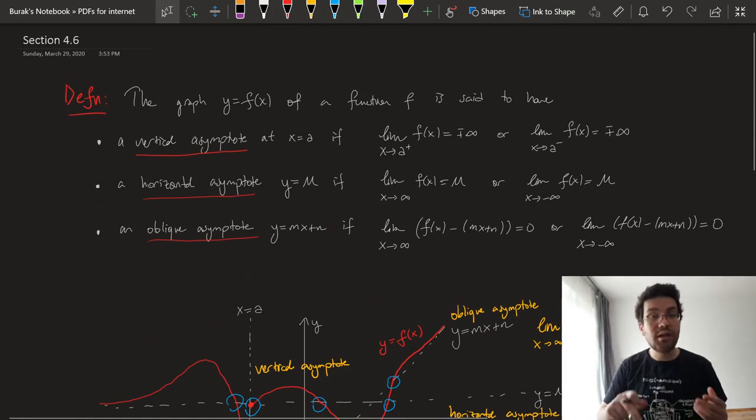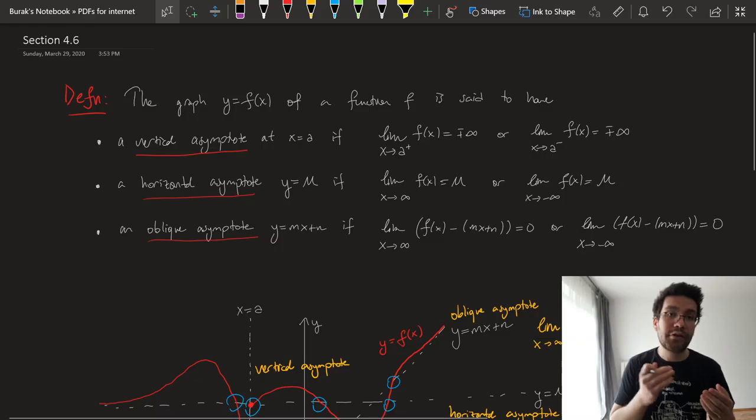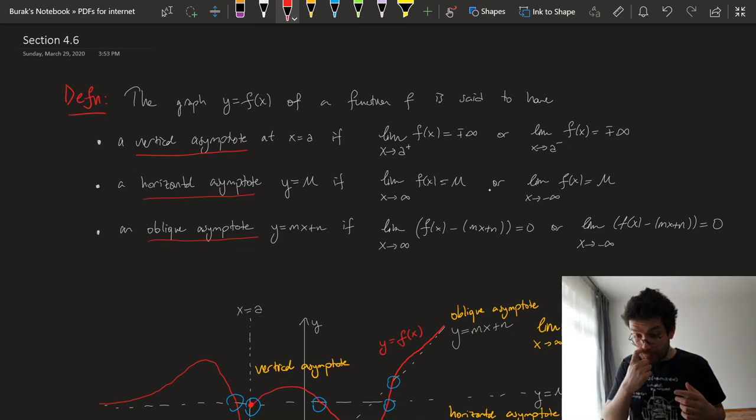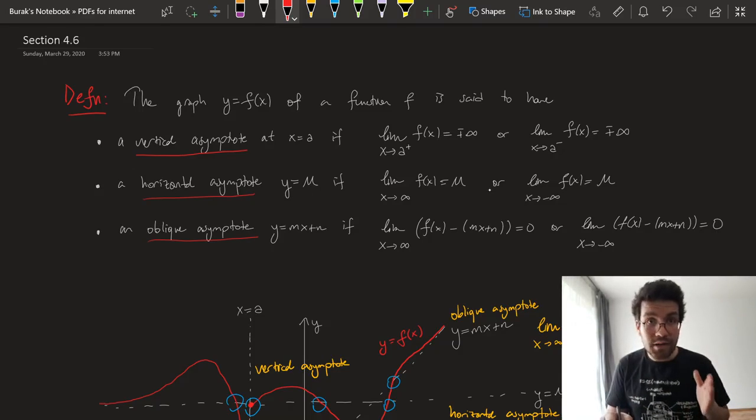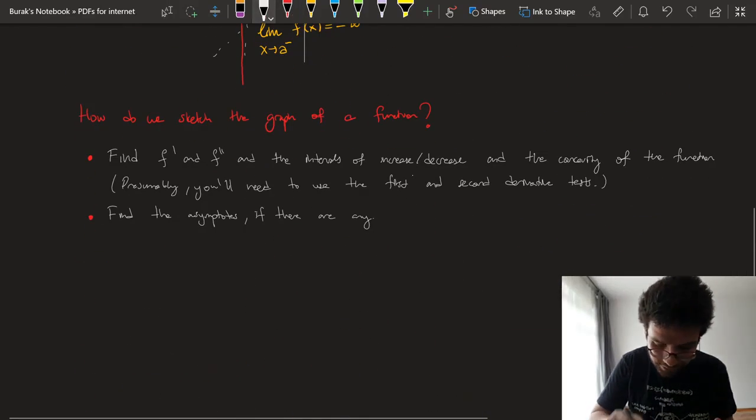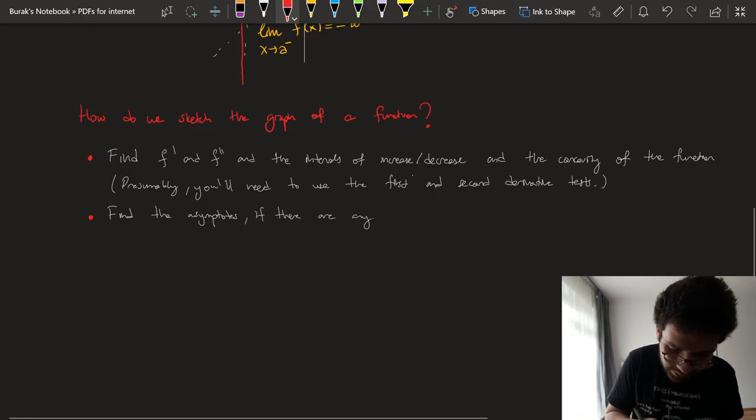You check the limit of your function at infinity, you check the limit of your function at negative infinity, and you try to figure out whether those limits exist, or if they don't exist, whether there is a linear function of the form mx plus n such that the difference goes to 0. And besides those, you try to figure out whether there are any points at which the right or left limit is one of the infinities. Okay. You find the asymptotes if there are any, and finally